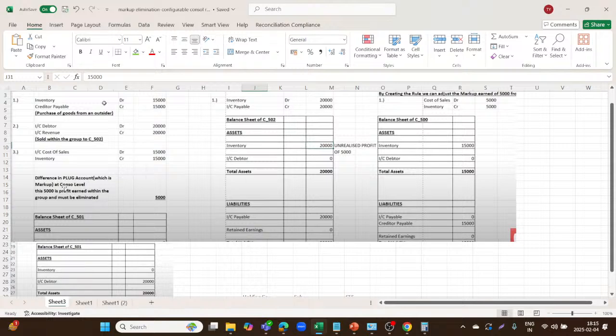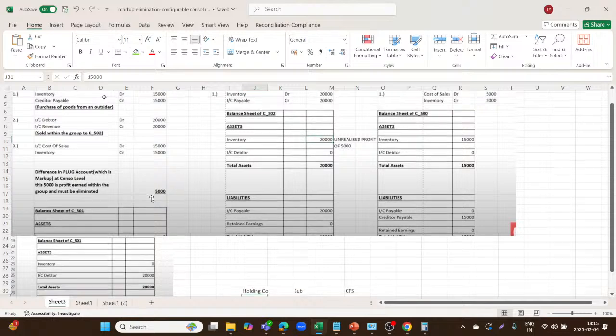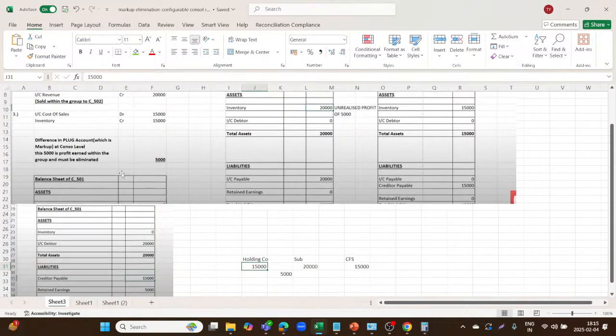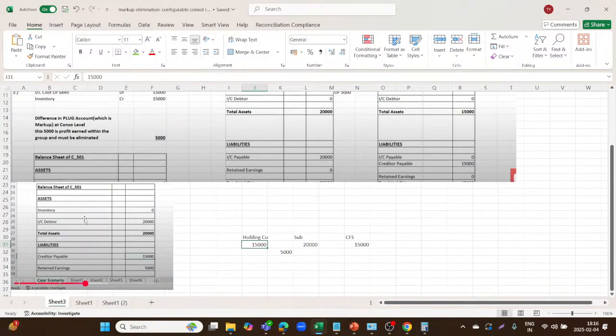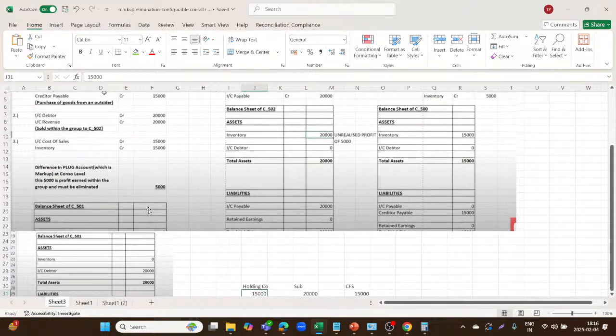It is booked as a difference in the plug account, which is a markup account of 5,000. So we have booked 5,000 markup. The holding company has booked the profit of 5,000. Okay, so if you see here the balance sheet of the holding company, inventory stands at 0 because first inventory